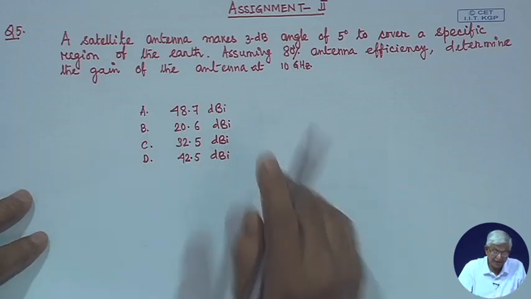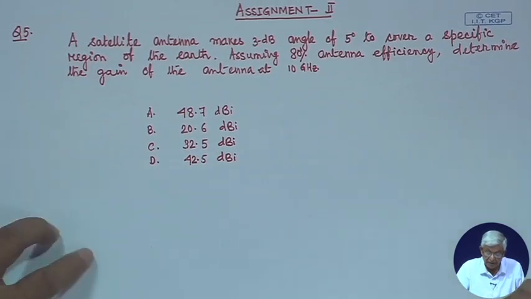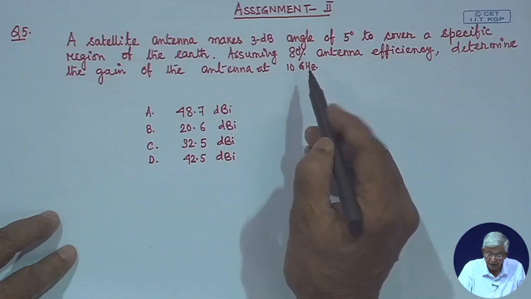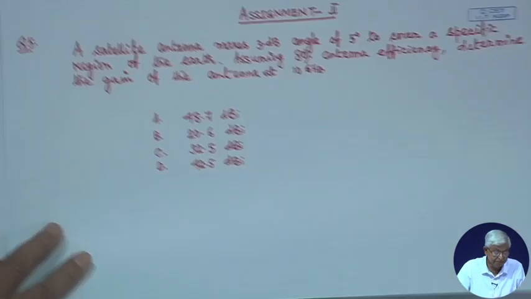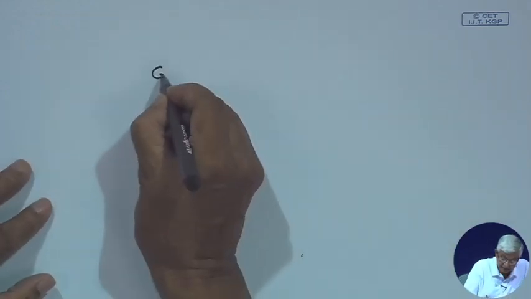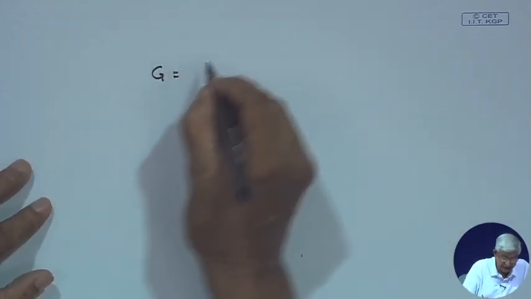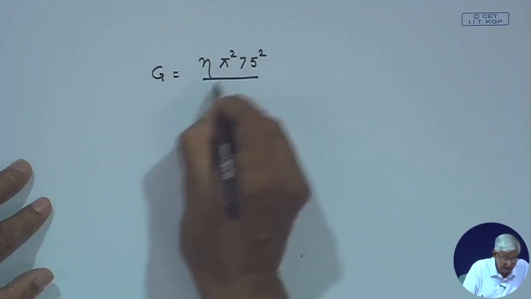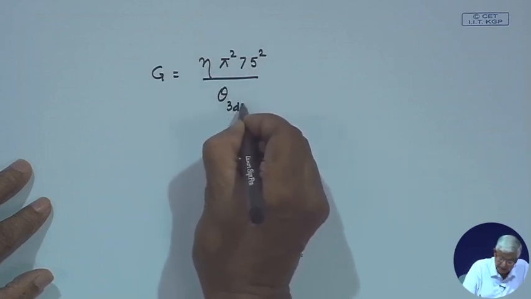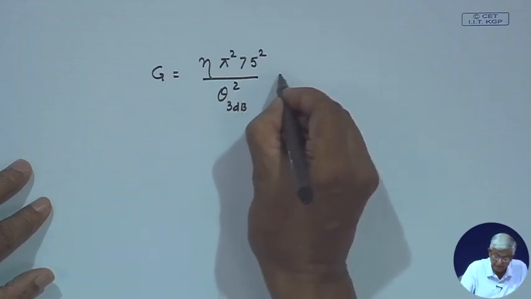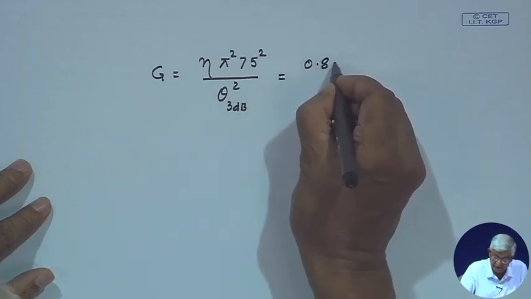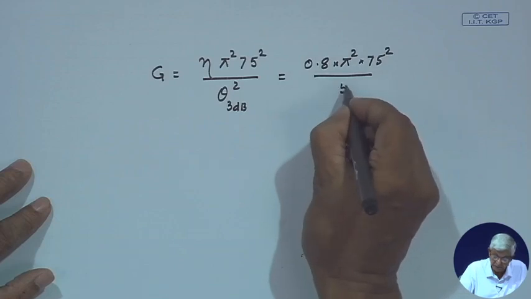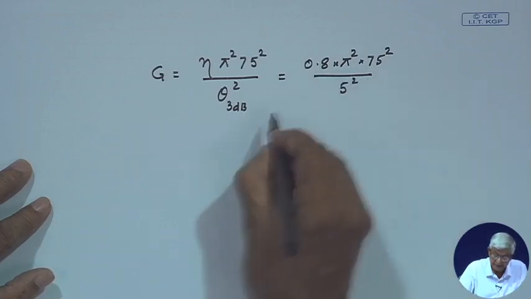Now, this is very simple because we have been given the 3 dB angle and the antenna efficiency for the gain calculation, which is like this. The gain of the antenna, if I say capital G, depends on the efficiency of the antenna, pi square, 75 square and theta 3 dB square. This is the 3 dB angle. The values are already given. This is 80% efficiency, and then pi square, and then 75 square, and this is 5 degree squared, which comes out to be